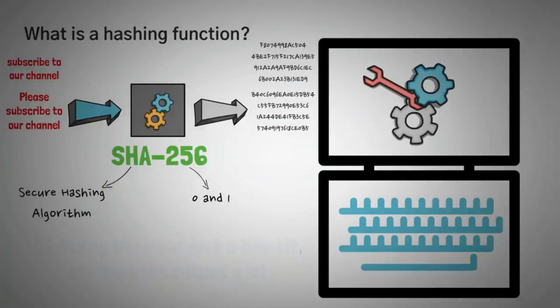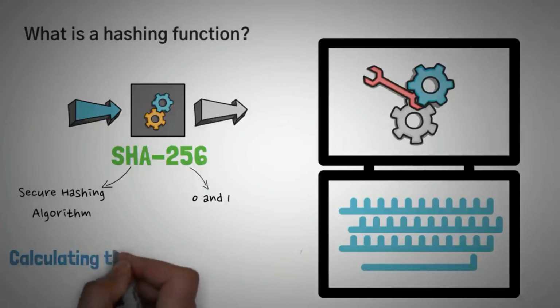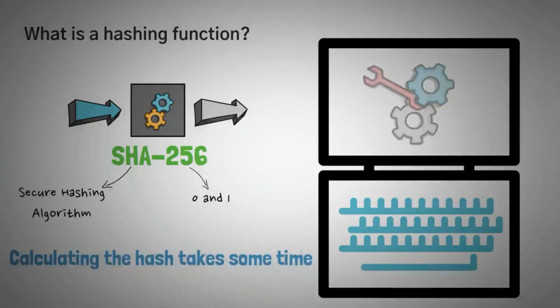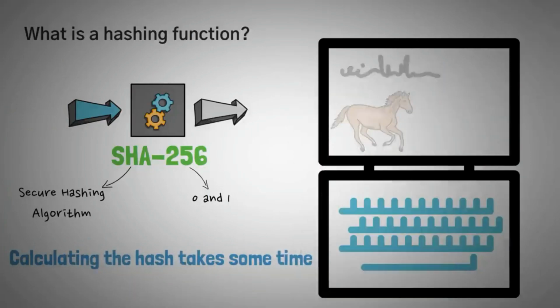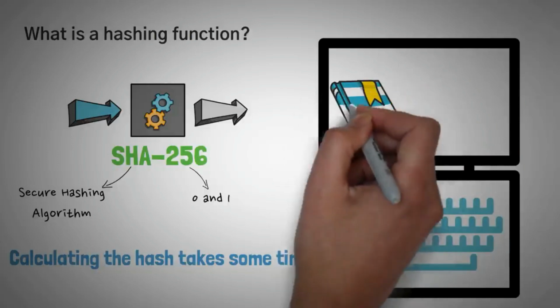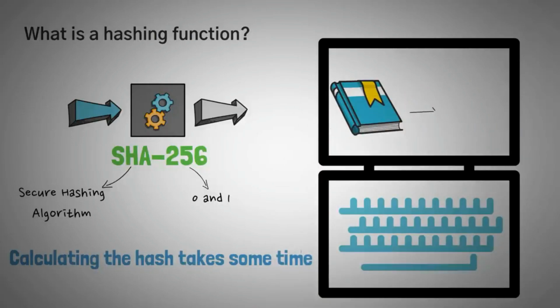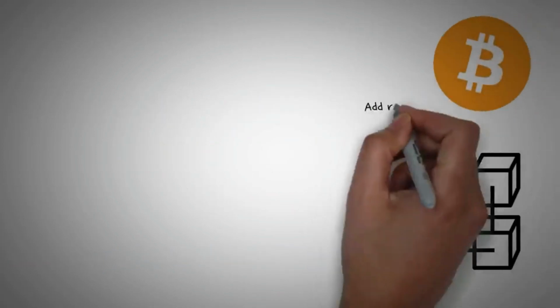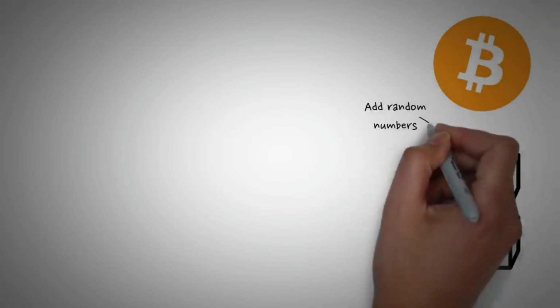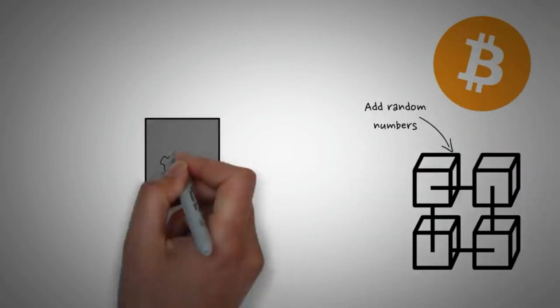And lastly, the third thing you need to know is that calculating the hash takes some time. Now, it might only take a few milliseconds for one tiny string of text, but if you have an entire book that you're doing, or if you want to check a few million variations of it, it starts to rack up time and computing power. And so what Bitcoin is doing whenever you mine it is we're trying to add random numbers to whatever the block is so that we get a special ending. For example, let's say we're